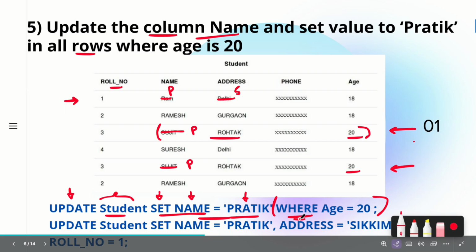Then the next column name is address, with a value like Sikkim. The next column name will be phone number. These should all be comma separated values. So remember the syntax: it is UPDATE student, SET only one time, and then column name value, comma, column name